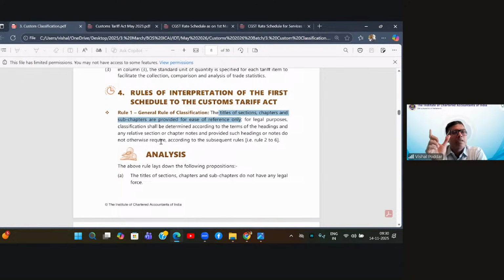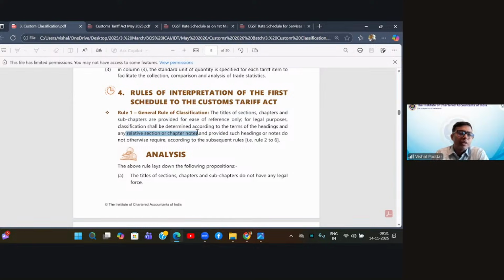It means if the heading is saying animals, it does not mean every animal will be classified in that chapter. It is only given for reference that okay, chapter 1 is animals. Maybe your animal may be covered in chapter 20, even though what you are having is an animal. So please understand this, that headings or the titles or the names given to various chapters or the various headings given in various parts of the chapter are only for reference. Then the question is, on what basis will you decide where your goods fall? The answer is reading the respective notes.